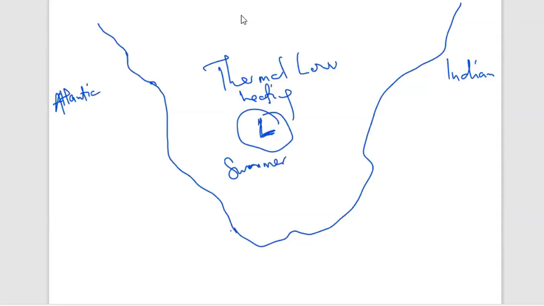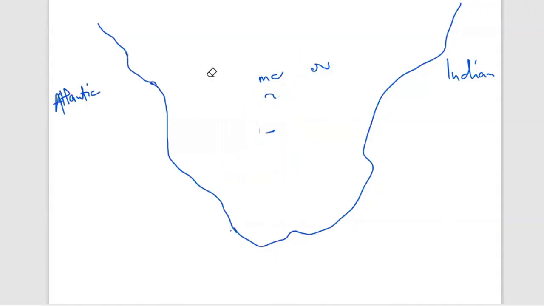The intense heating, which is caused by summer conditions, is the one that will cause the thermal low to develop over the interior. That is typical of the summer conditions. Right. Then also over the interior, for you to determine the season, if you see that over the interior, there